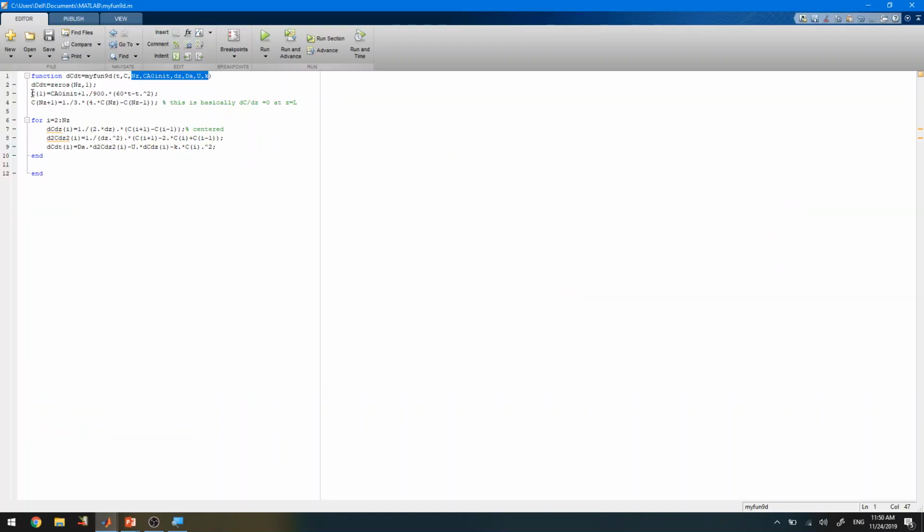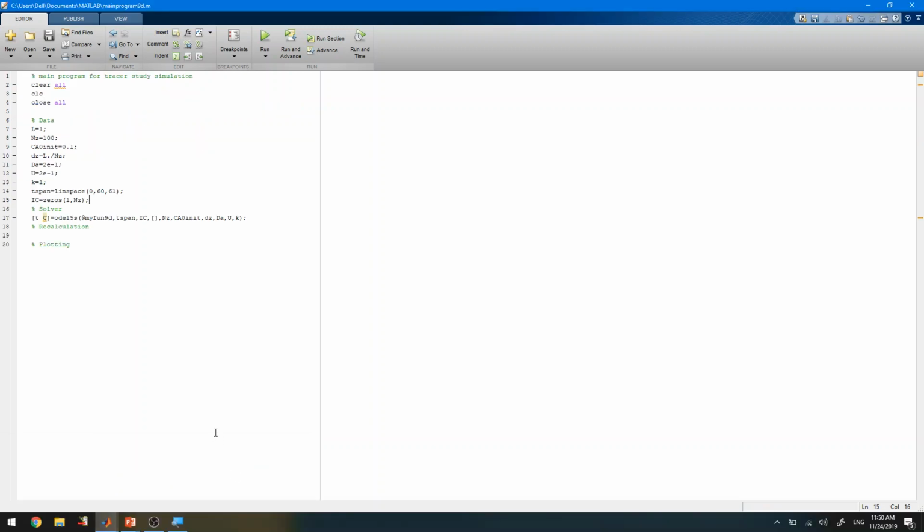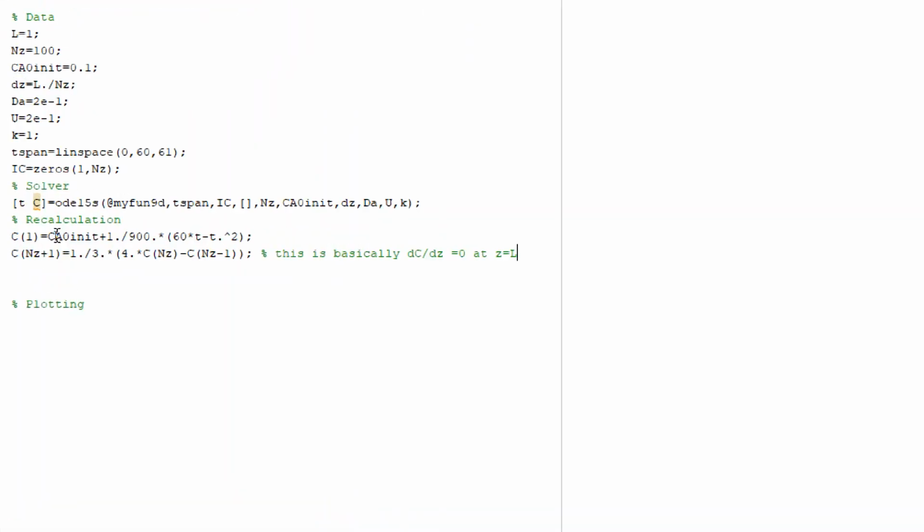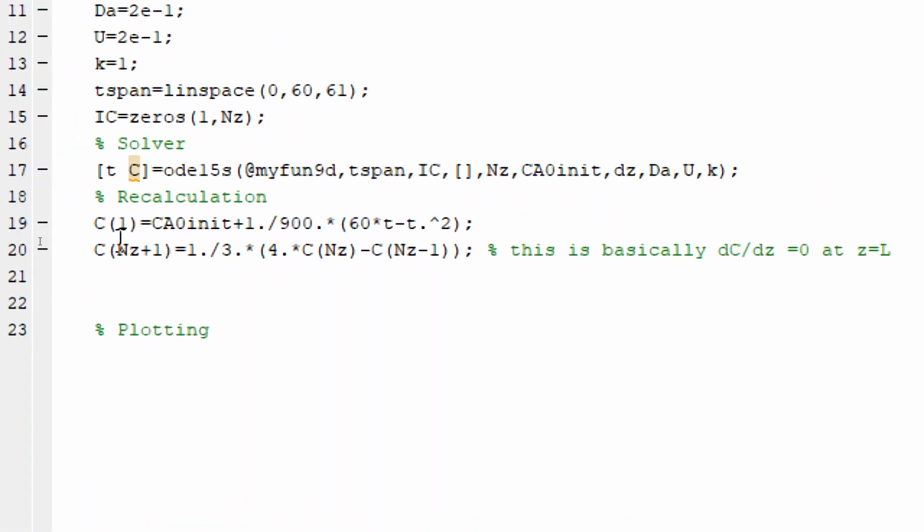And to do this, we will copy this information and then paste it to the main program. So this is the place where we're going to correct the value of the first column and then the last column. And since this is a column-wise operation, we will put a double dot there. The t here, we will see if the t works or not. I think it should work because the t, if you check it again,